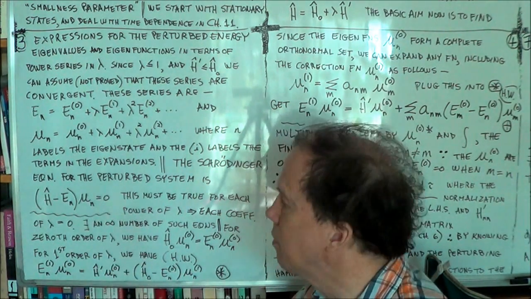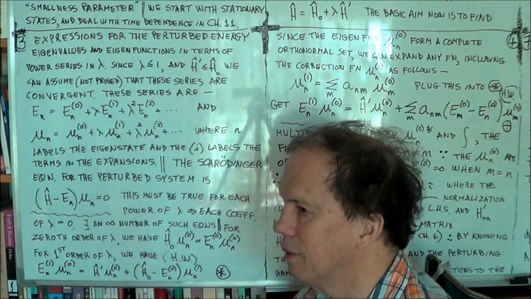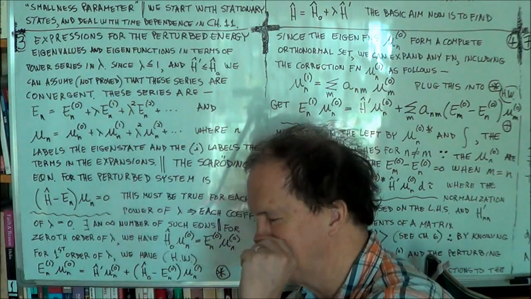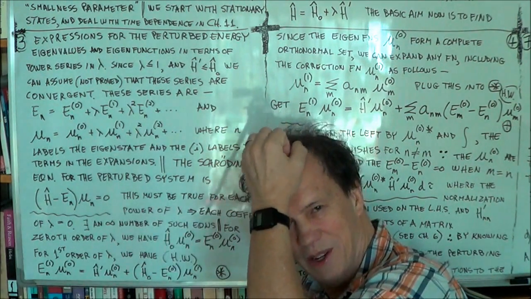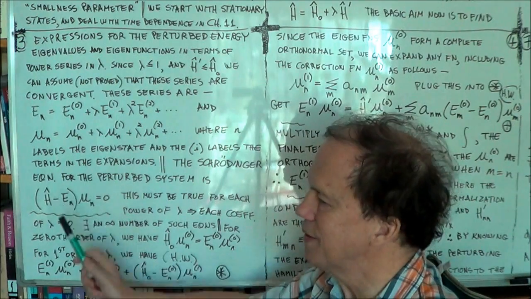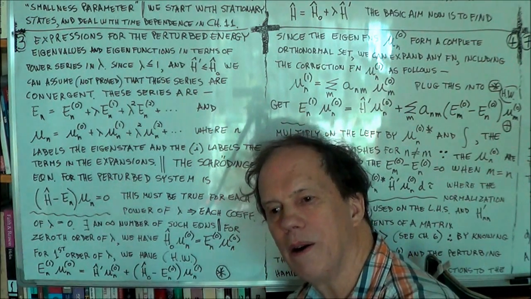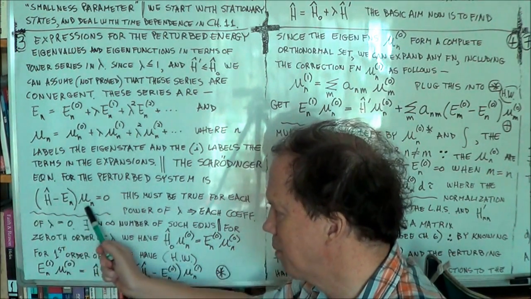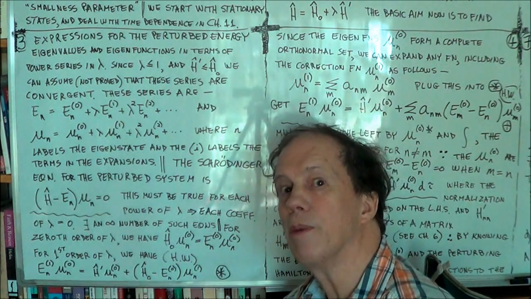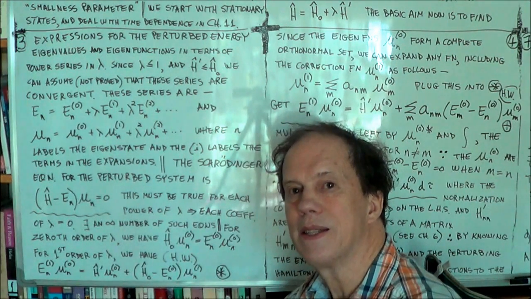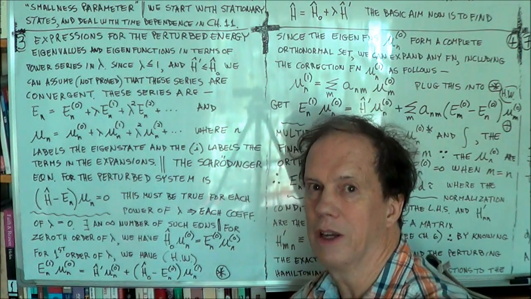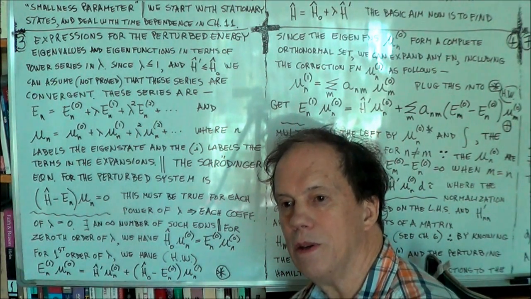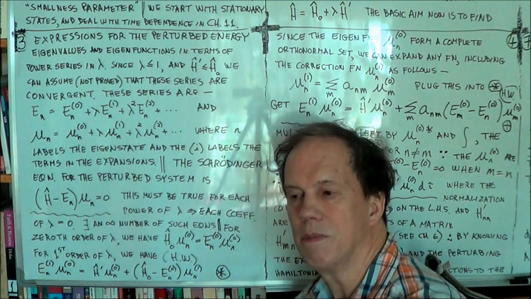equals 0. So that means now lambda you can look on it as a kind of variable. Well, you fix it, but you could fix it at any value between 0 and 1. So that means the coefficients of each power of lambda, lambda squared, lambda cubed, and so on, because of this eigenequation, all those coefficients have to be 0. And that's the key to perturbation theory. Because those coefficients all have to be 0, you can derive things. You can get interesting